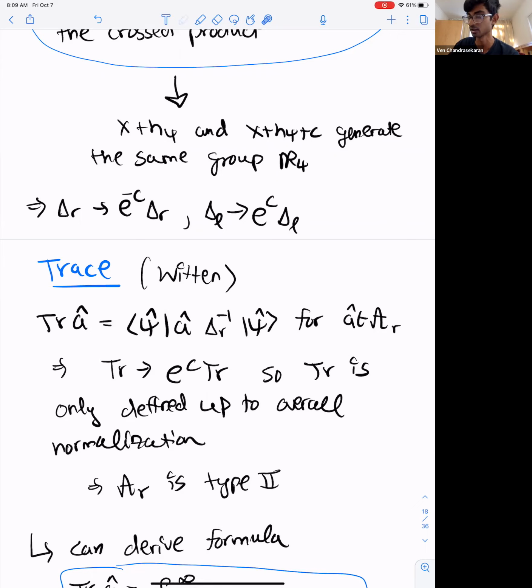And you can check, I won't show it to you here, that this definition satisfies the defining property of the trace, that trace AB equals trace BA. This is how you show that it's a trace. This particular definition will satisfy that. And that's actually how you write down this formula. I have a